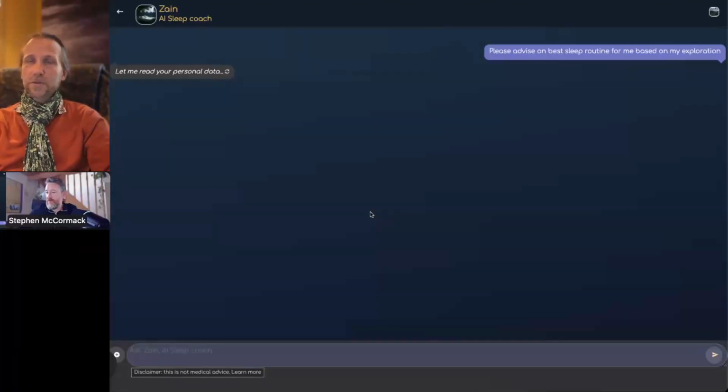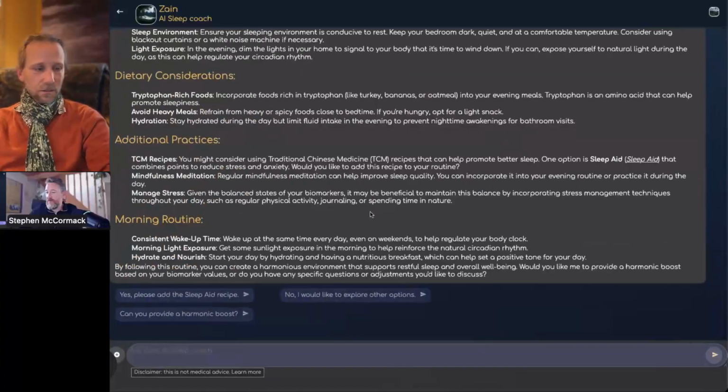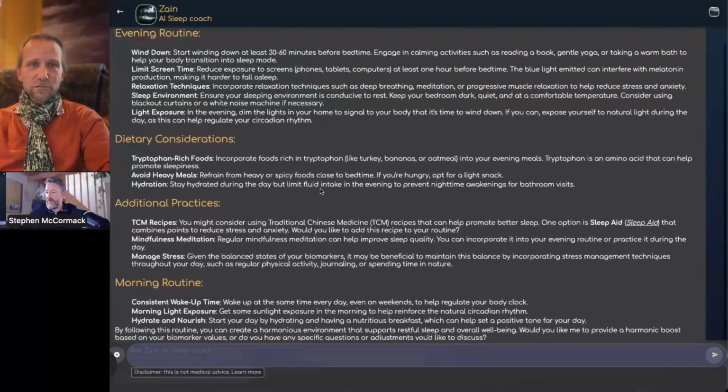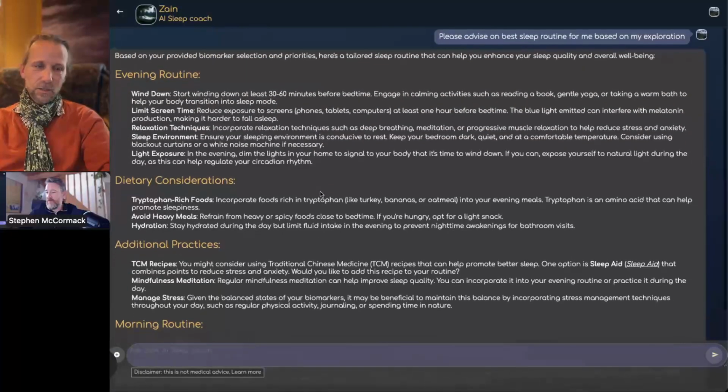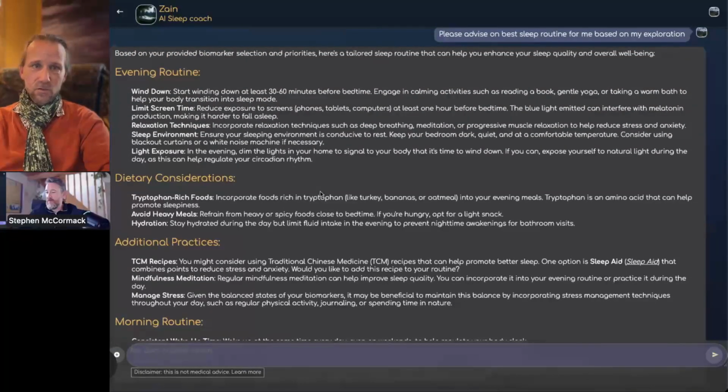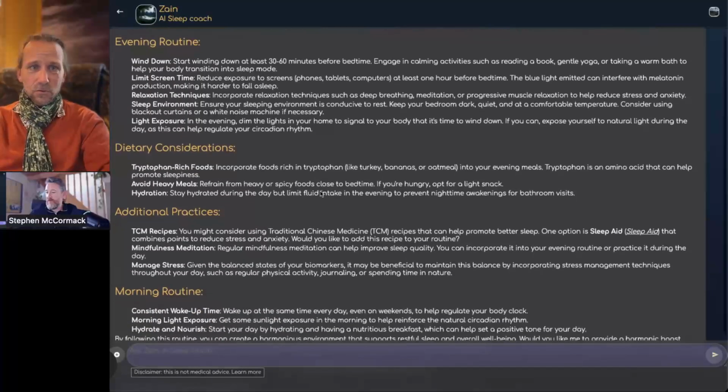And so he will be able to give you some specific advice that is really tied to your own system and your own way of doing things internally, your emotions, your organs, your energy, etc. So this advice is not generic advice like you would get with ChatGPT or anything else. It's really advice that is tied to your